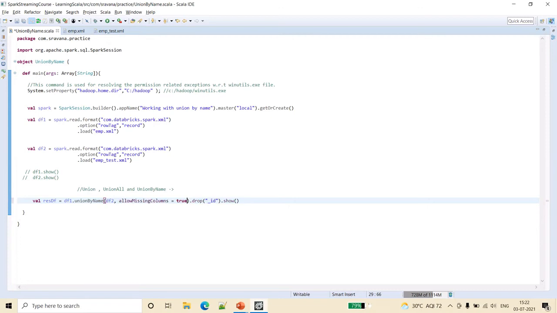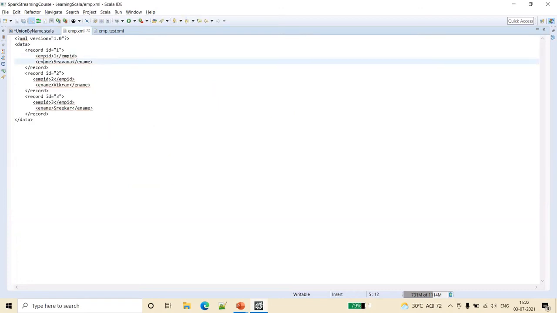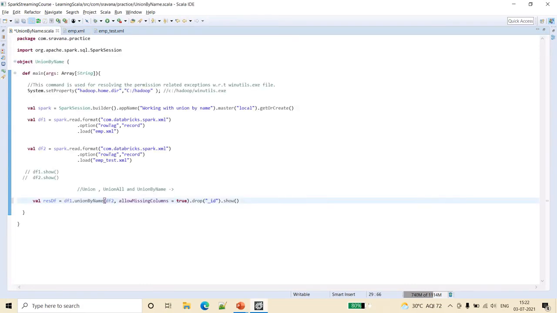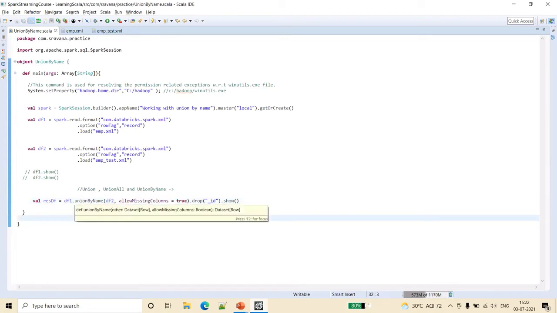Here again there are 2 columns and here there are 3 columns, so in the second one, where we have only 2 columns, we have to add the third column with null. For that reason, we are enabling this property, which is available under union by name alone: allowMissingColumns equal to true.